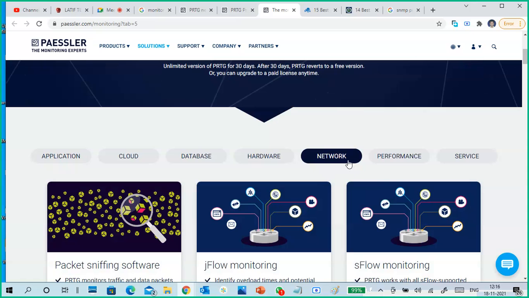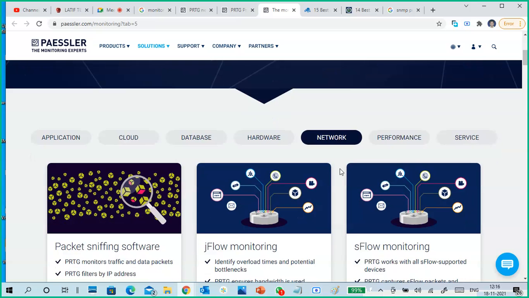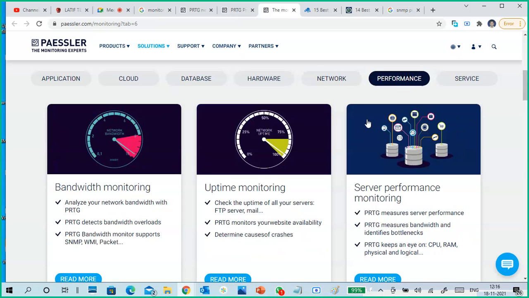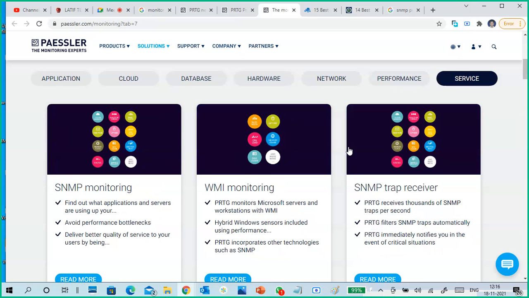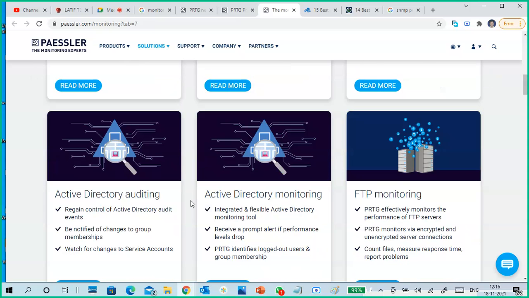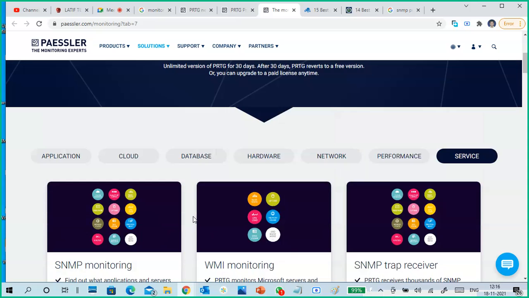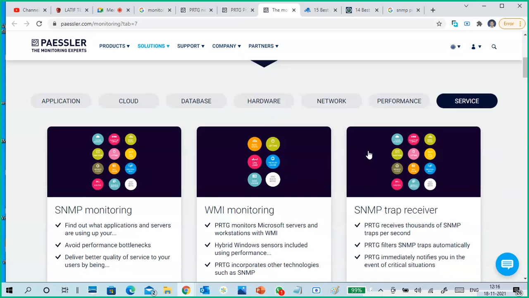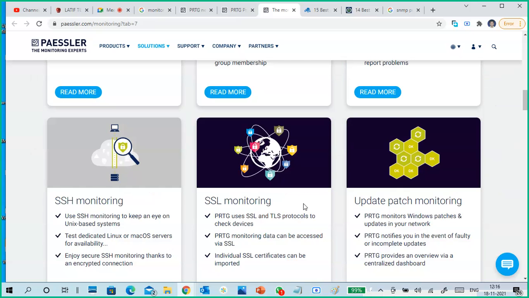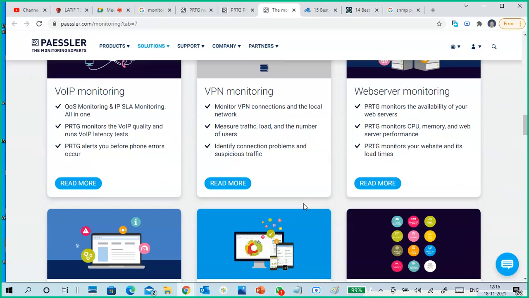Then you can definitely go with networking, cloud, application, and mainly network monitoring is very important. Performance monitoring, service monitoring,